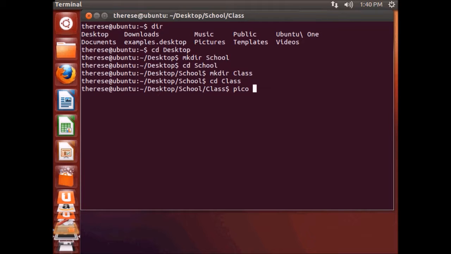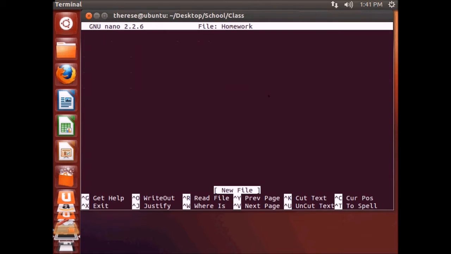And in this case, the file that I want to create is going to be called Homework. Okay, so I type in the command. Again, I'm in the desktop, in School, in Class, and I'm creating a Pico file named Homework. Hit enter, and now what's happened is it pulls up my text editor. Okay, this is my Pico text editor, and it's telling me the file name is Homework, and right now it's